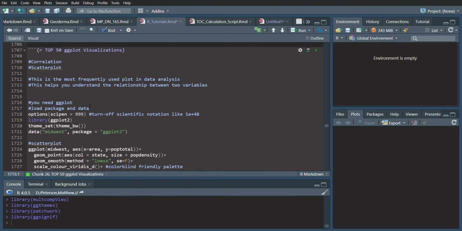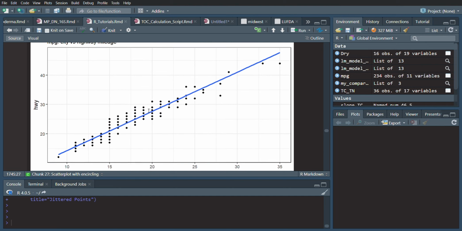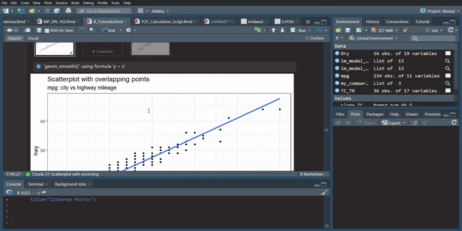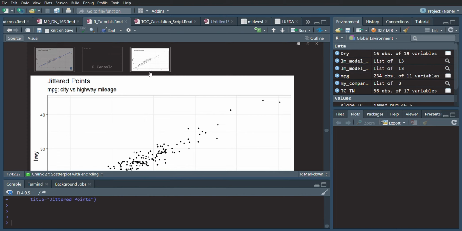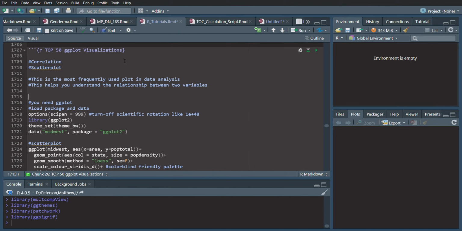Okay, today we're going to be following the blog post Top 50 Ggplot Visualizations, which will be linked below. By the end of this video, you'll be able to go from this scatter plot to implementing jitter to see all of your points clearly. A reminder, this is all information I found online. I am reusing their script, but I'm going to explain it for you to understand how to use it as